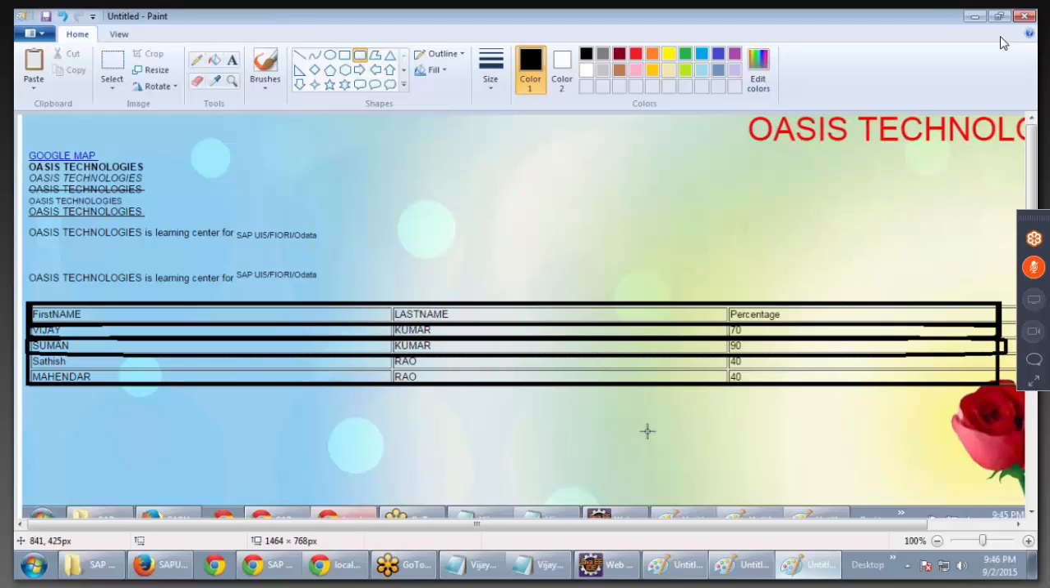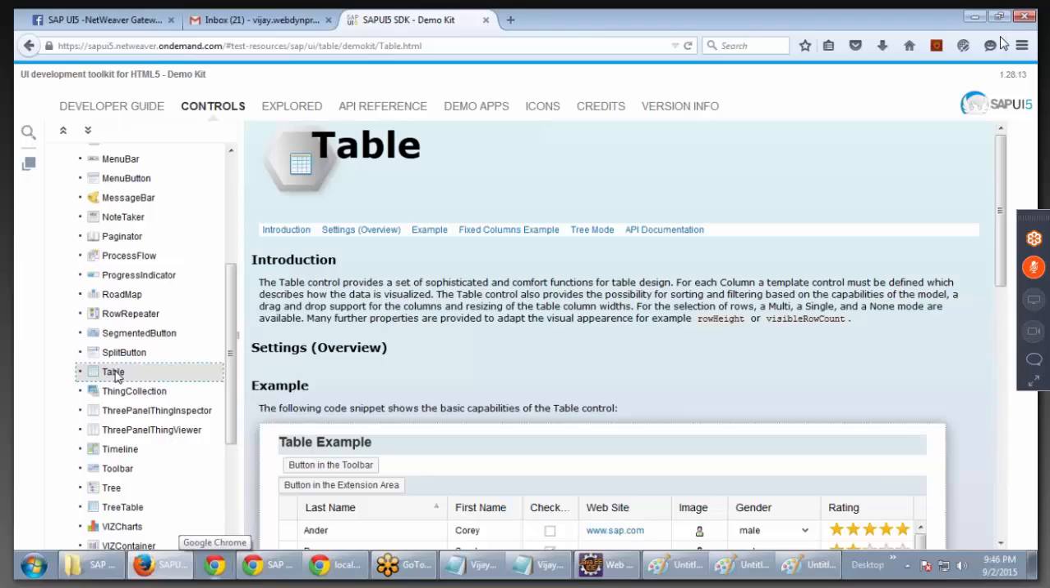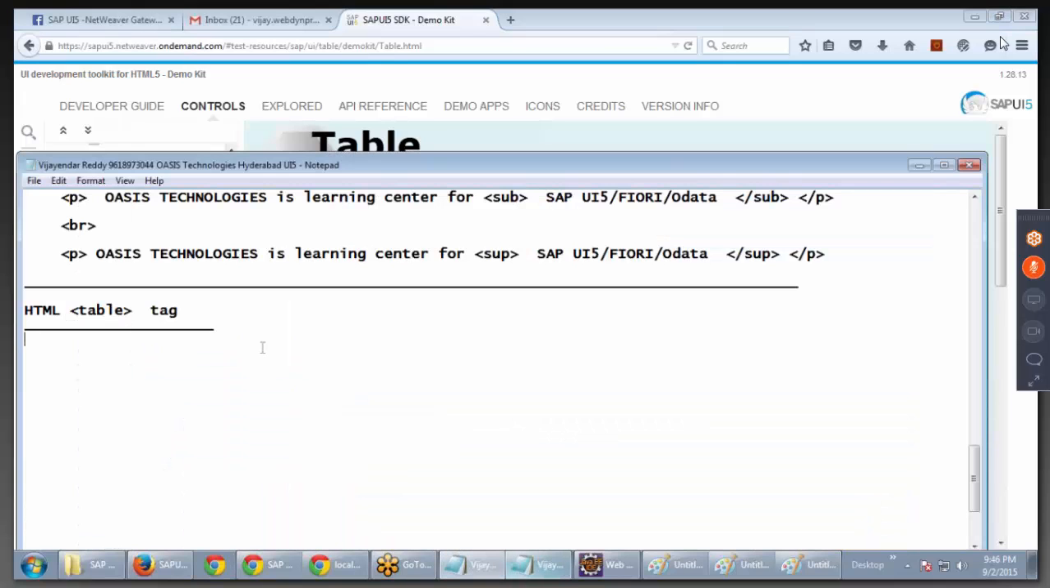But in real time, we don't use the HTML table tag. We use our SAP UI5 table. So that is a point I want to tell you. SAP UI5 table internally may use some HTML table tag, but we don't do it directly in our applications. So what I mean to say here is